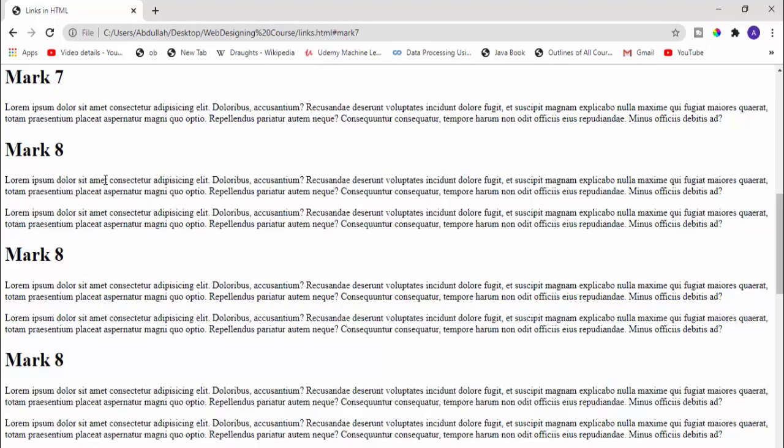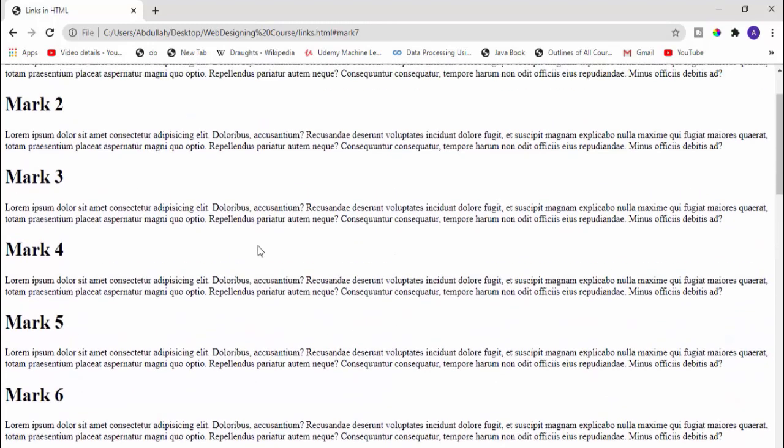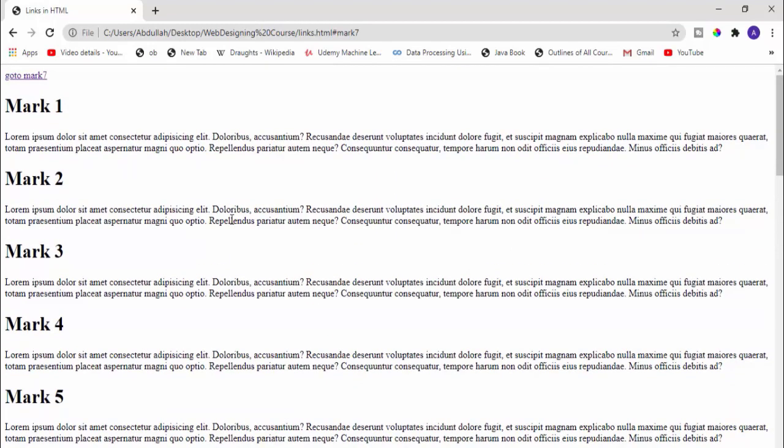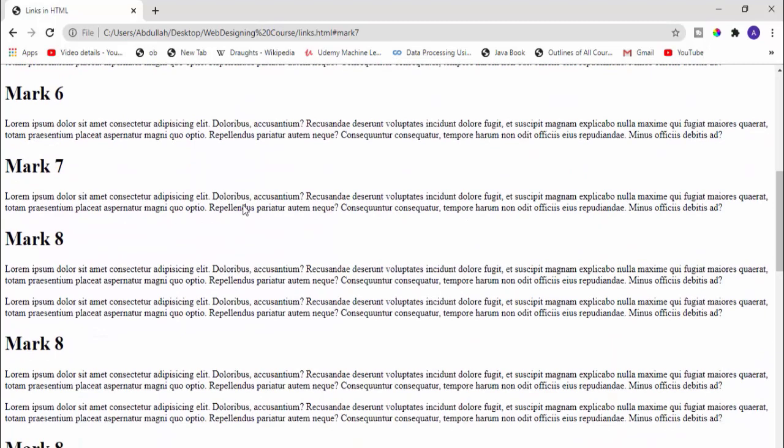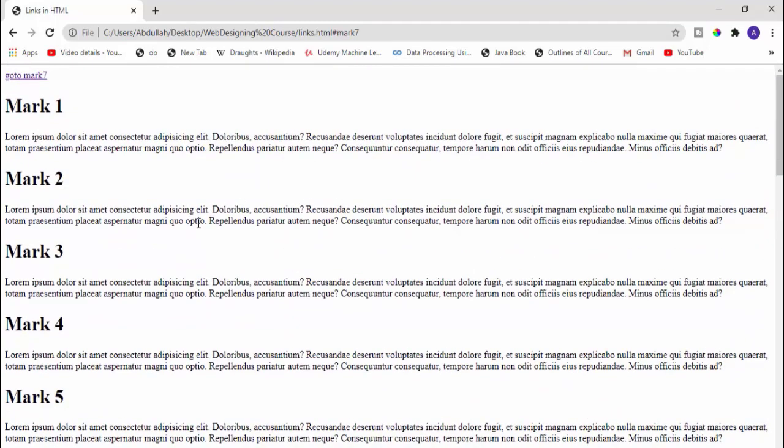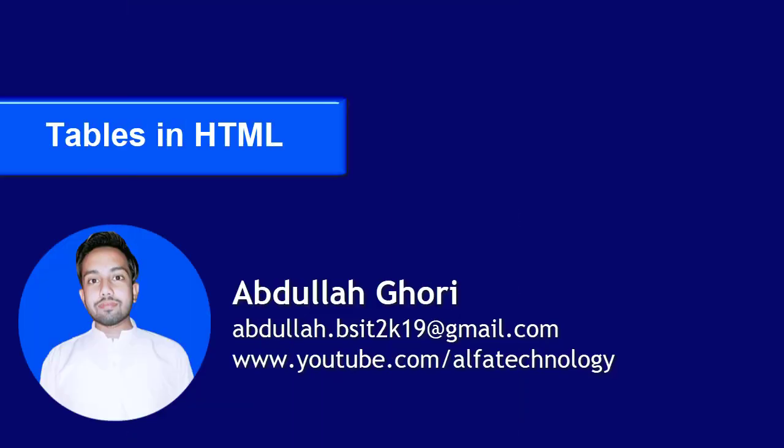Now this is very useful when you have a long HTML page and you want to add bookmarks there. With the help of CSS and JavaScript, we can add animation, so it will scroll down a bit slowly so the user can understand it is scrolling down. But for pure HTML, you can add a bookmark like this. So that's how you can add bookmarks. You can add a target, and you can use mail too.